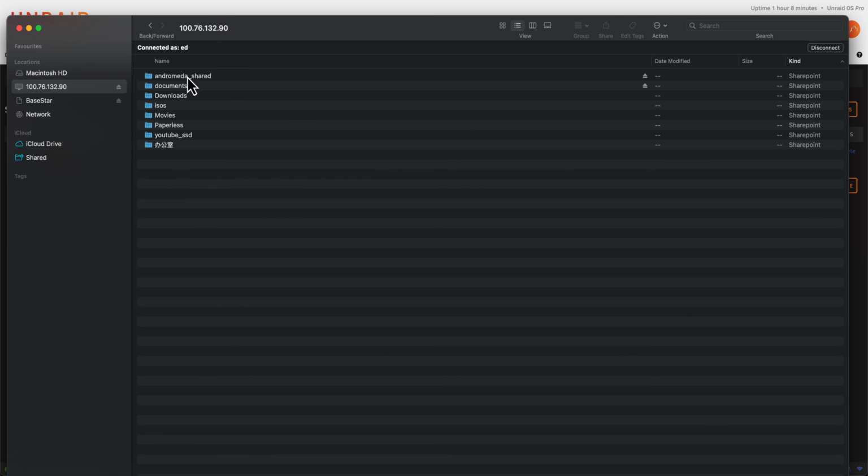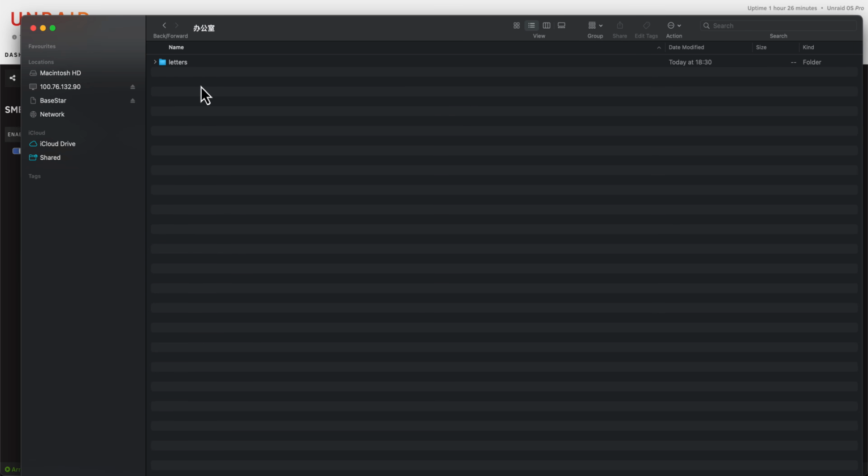And now going back to our file browser, here we can see the share using the Chinese characters. And if I go into it, we can see the folder here we made earlier. Now, if you have any issues after renaming a share, you may have to, especially on Mac, actually unmount that share and then remount it for the changes to take effect, or if you have any strange permissions issues with